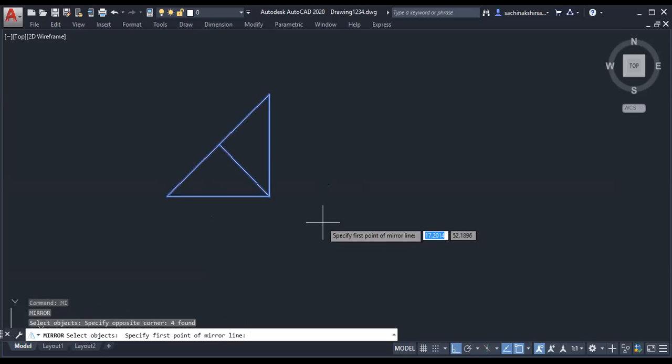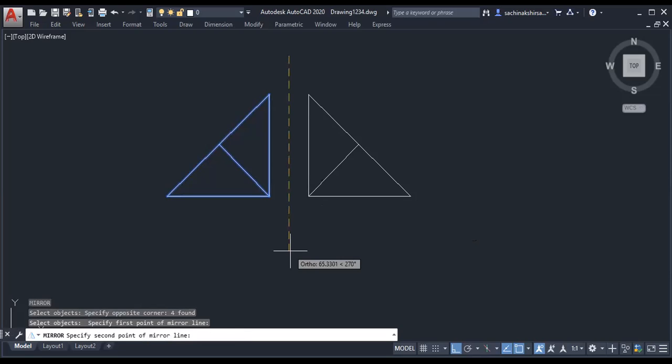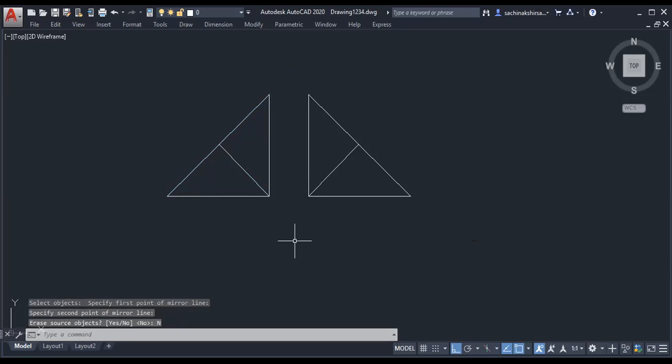I will select the mirror line here. Do you see one dotted yellow colored line as a mirror on the screen? The object will form like this mirror image. Initially I drew only one object, but right now how many objects are there? 2. It is symmetrical.